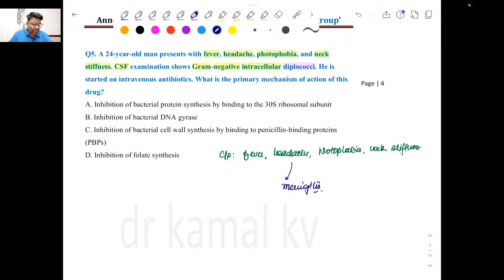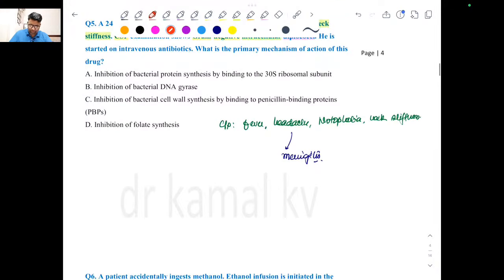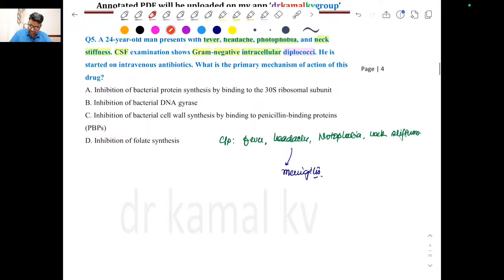And then the bacteriological clues: gram negative intracellular diplococci, right? It means in pairs. Yes, so this is Neisseria meningitidis,